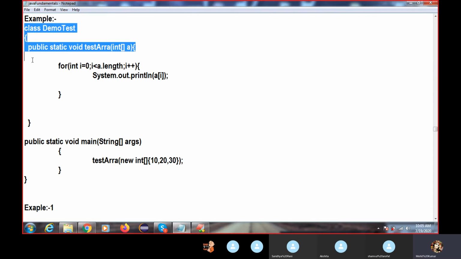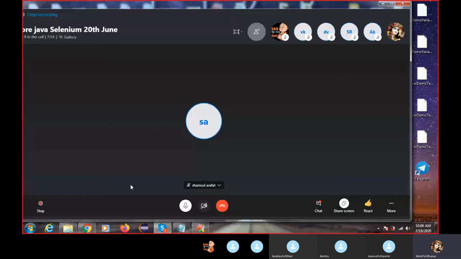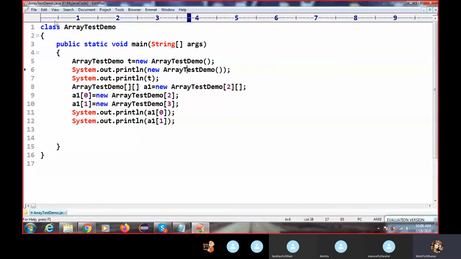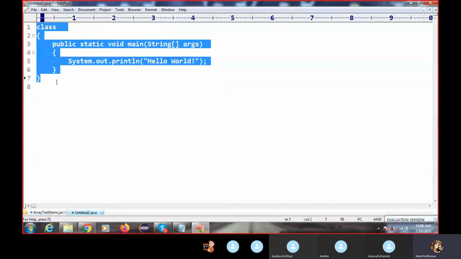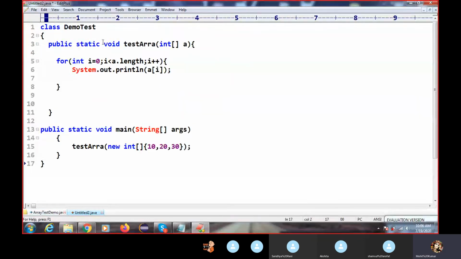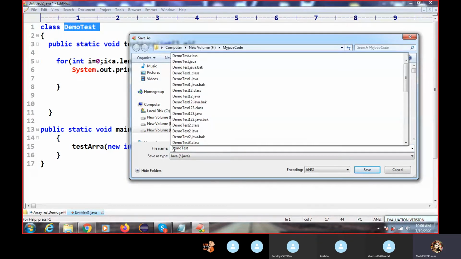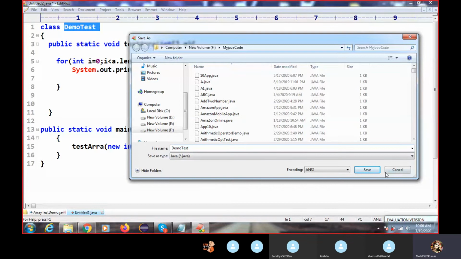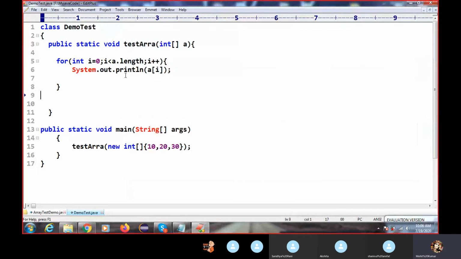Sometimes we have to take a parameter. When you are writing the code, we are providing the parameter. So here we will use an anonymous array to pass the argument. Got it, right? It depends upon your project requirement. As per the project requirement, we will use all the array types.